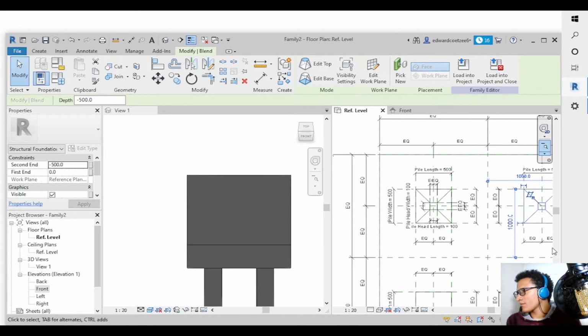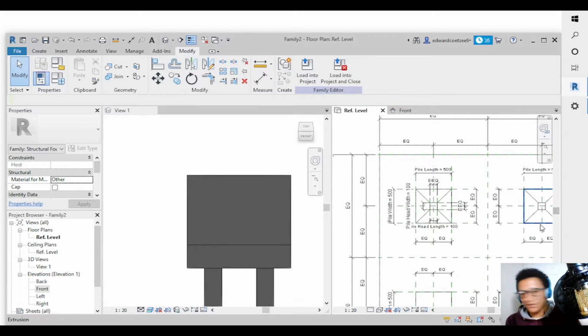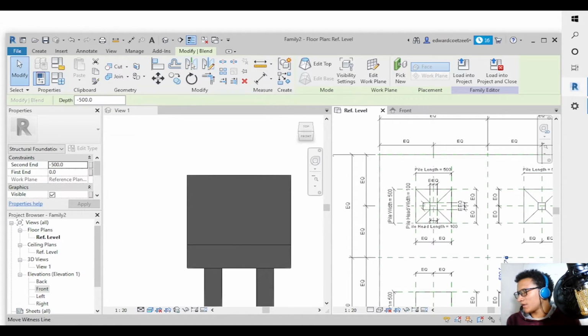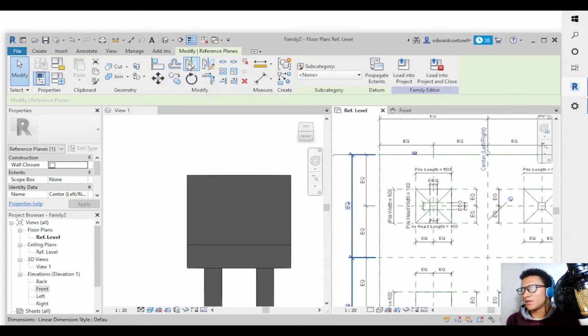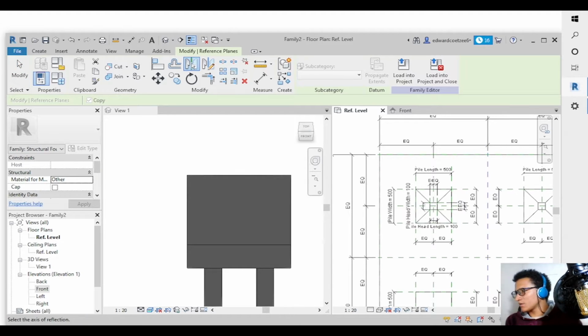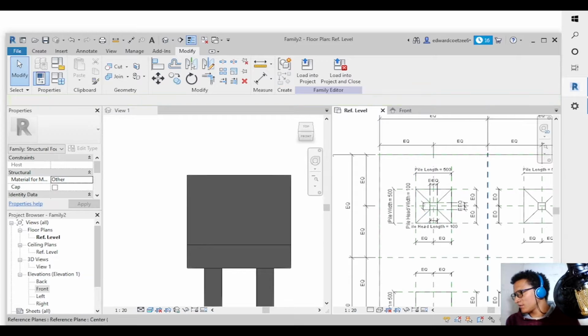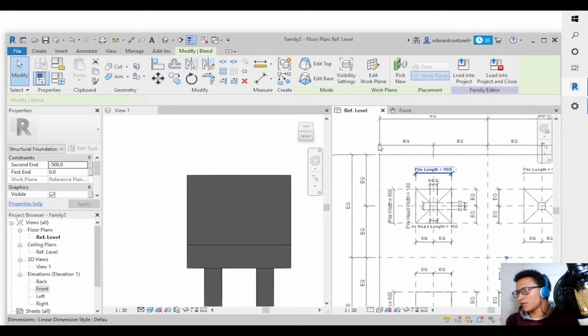Zoom out, mirror this one, that side. You also want to check the length. We'll check that now if it's working. And then you select that one, go to mirror,